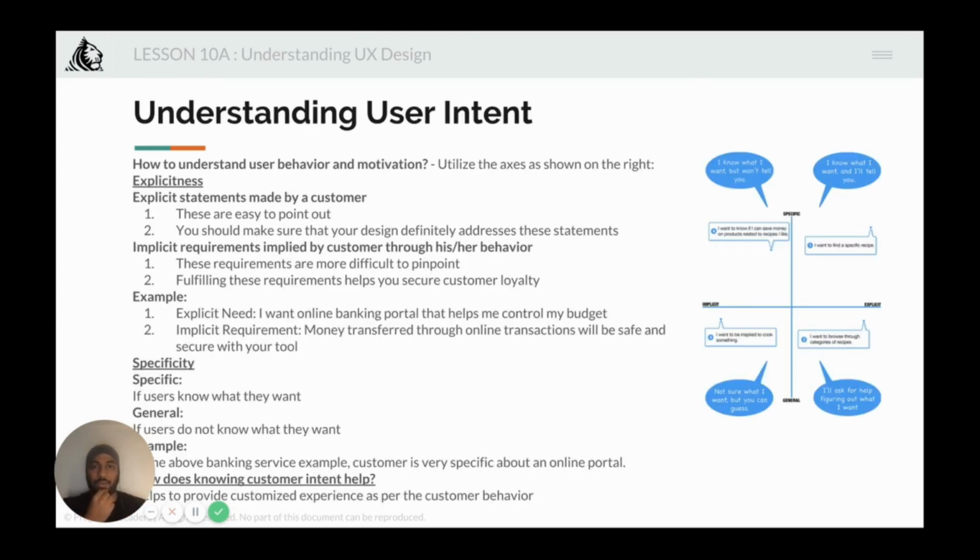So, how do you understand a user's intent or motivation or behavior? Well, you plot out your customer observations using the metrics on the right, which is how specific it is, how general it is, how implicit it is, and how explicit it is. This is just one of the frameworks, but one framework that I personally like. So it basically measures two axes. One measures the explicitness of customer behavior. Sometimes customers are able to explain their needs explicitly. The other measures the specificity of customer needs,